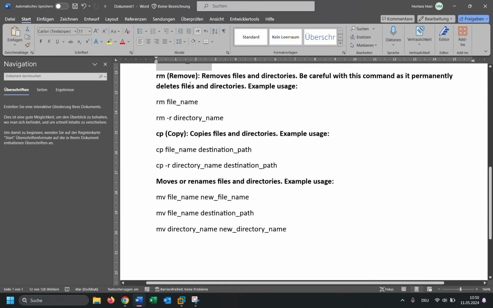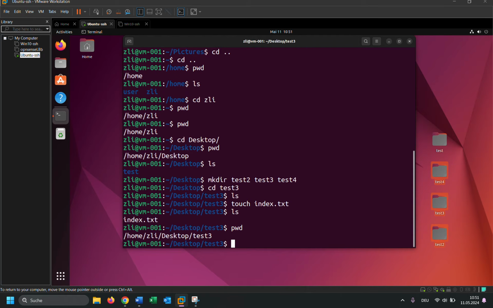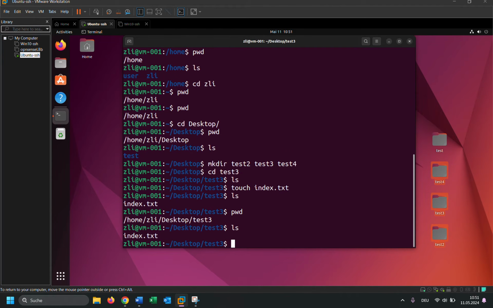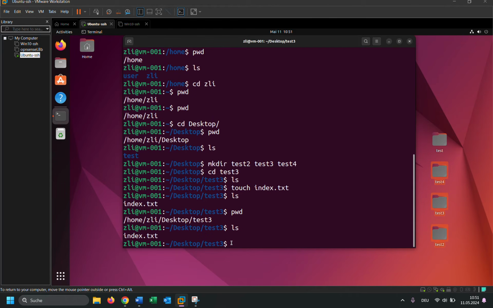rm is used for removing a file and directories. Okay, how can we actually remove a file or a folder using the rm command? It's very simple also. Let's do it in practice. So I am in this folder, test3, and I have one file which is index.txt, and I want to delete this file. How can we use remove, rm, and the name of the file